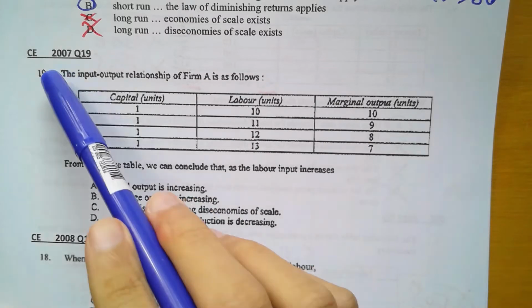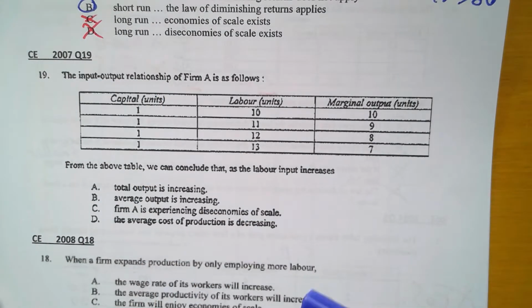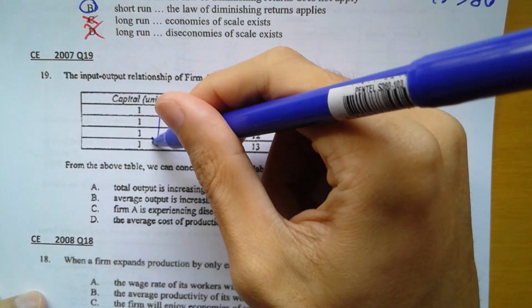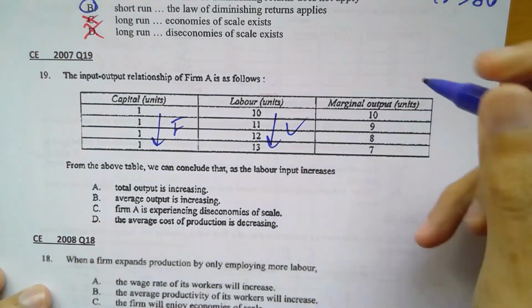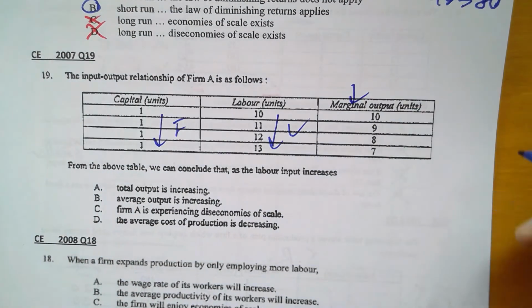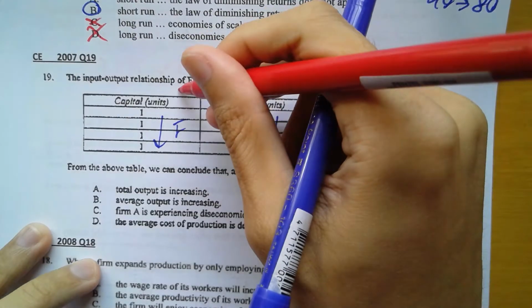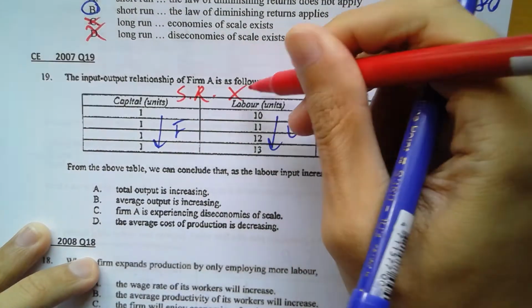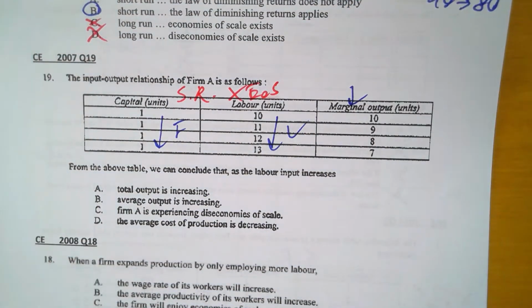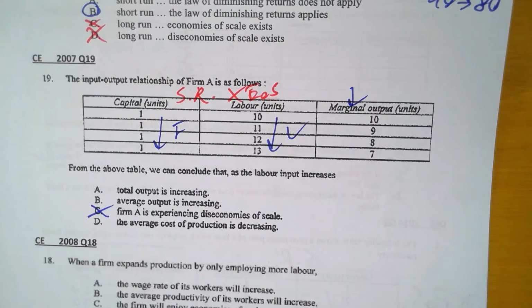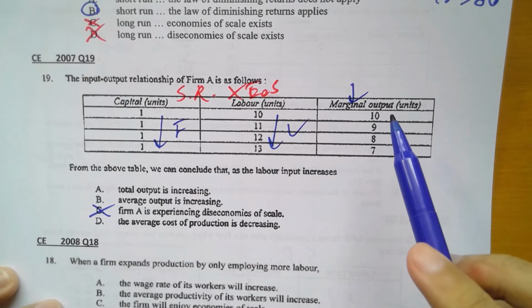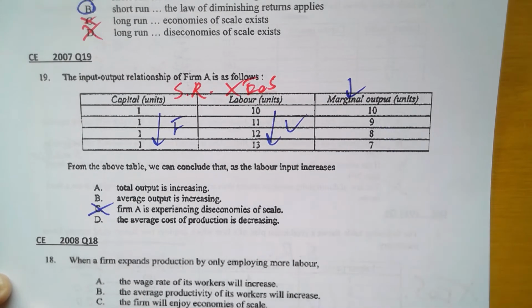Here, CE, input-output relationship. Again, we have fixed factor, we have variable factor, and we are talking about marginal output. Now, fixed, variable. So, short run cannot talk about economies of scale. Very easy. So here, C, already wrong. D, the average cost. How do I know? I haven't given you anything about the cost. 都冇俾 cost 你，我鬼知啊。